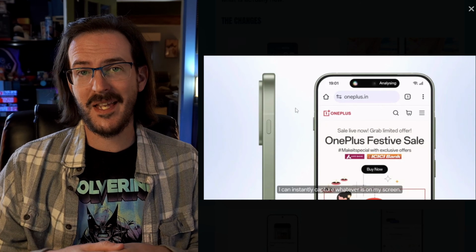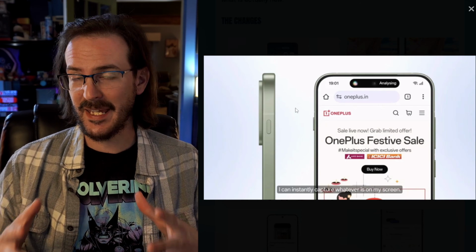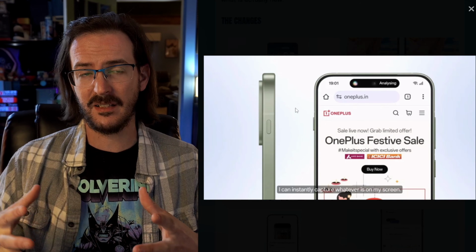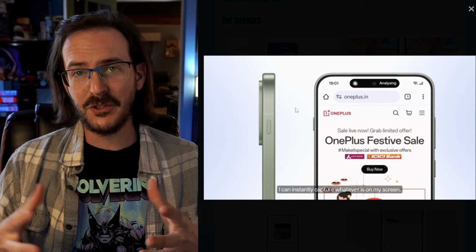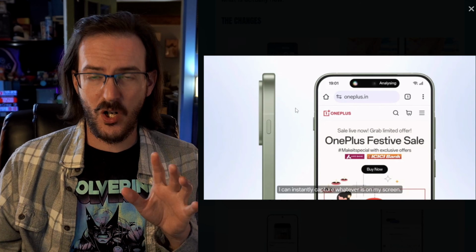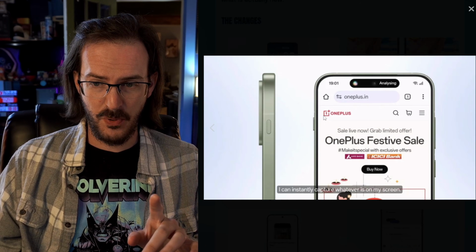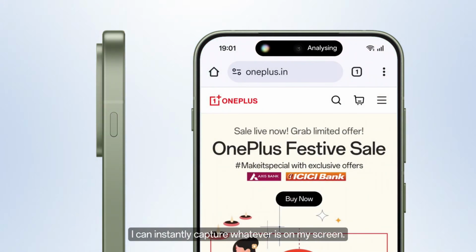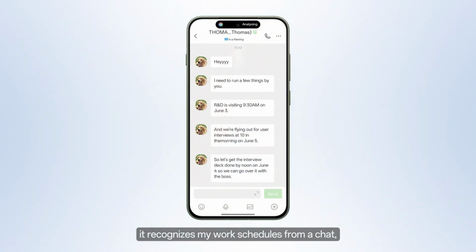So this next part was a big deal in this announcement. They kept coming back to this. It's a feature called Plus Mind. It is basically their own little AI assistant. And they're going as far on these devices to putting a button on the side of the device dedicated to this. So what you're going to do is at any point, no matter what's on your screen, you can press